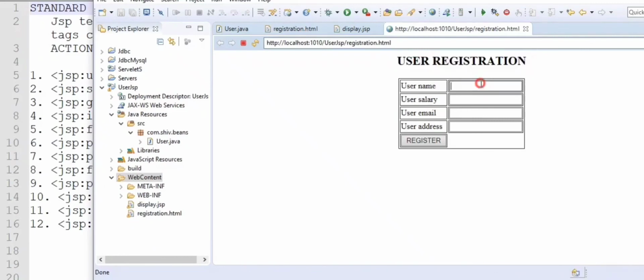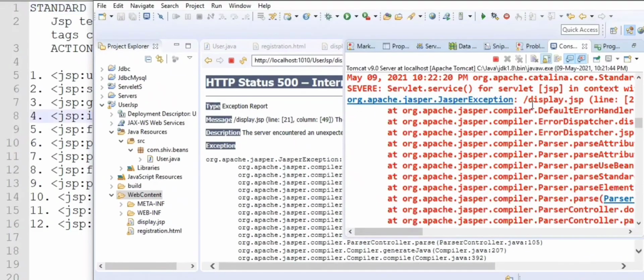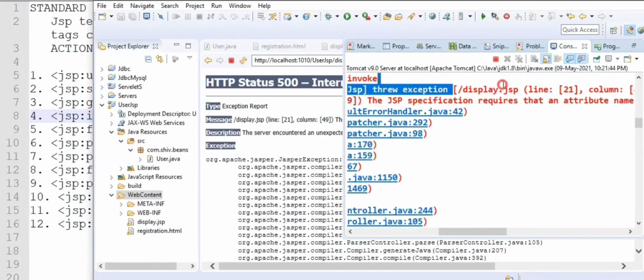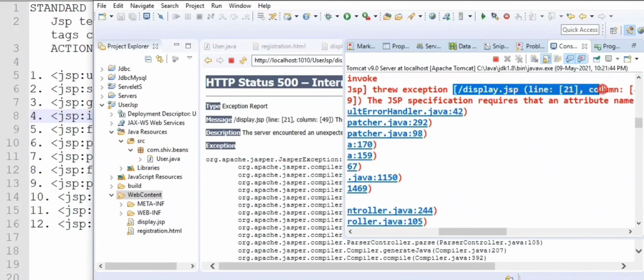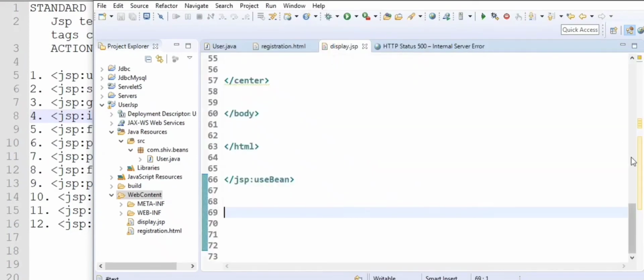User registration: I am giving name as ABC, user salary as 3639 something, user email abc@abc, user address India, register. Here an error at JSP line 21, in display line 21.